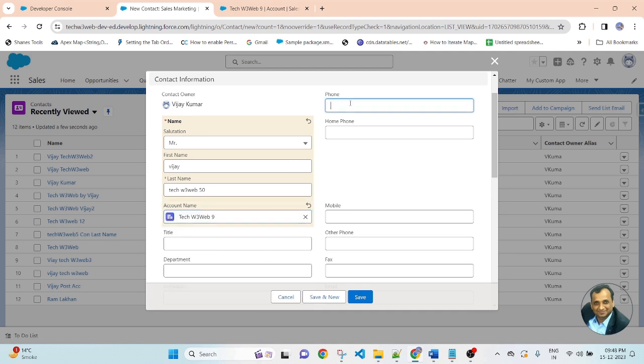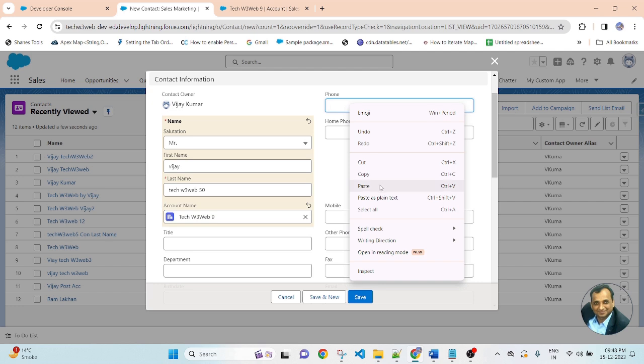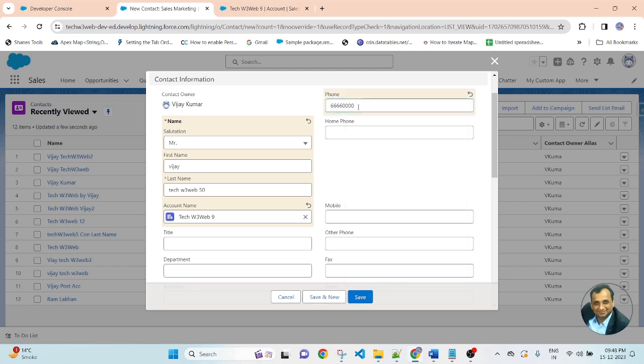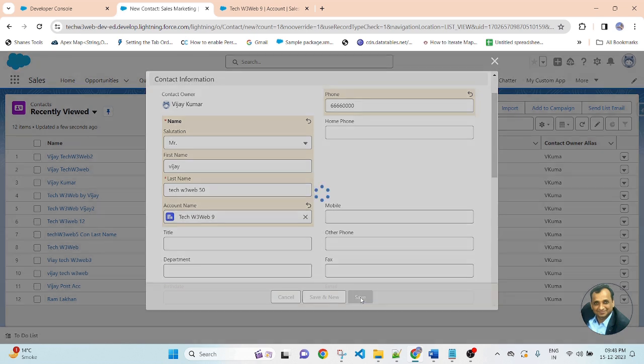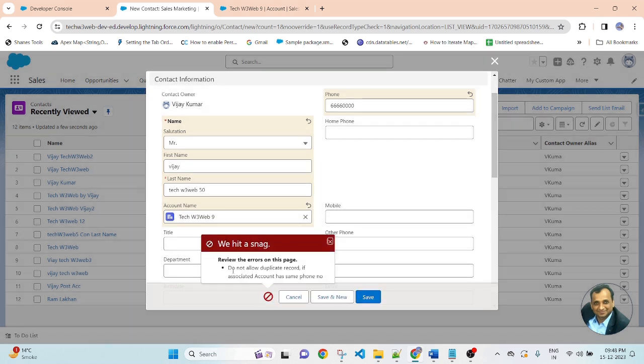And here I am passing the phone number, the same that was copied from the account. Now I am saving the record. Here you can find: do not allow duplicate record if associated account has same phone number. That means this record is checked before creating a record. If the associated account has the same phone number, then do not allow creating a duplicate record of contact.